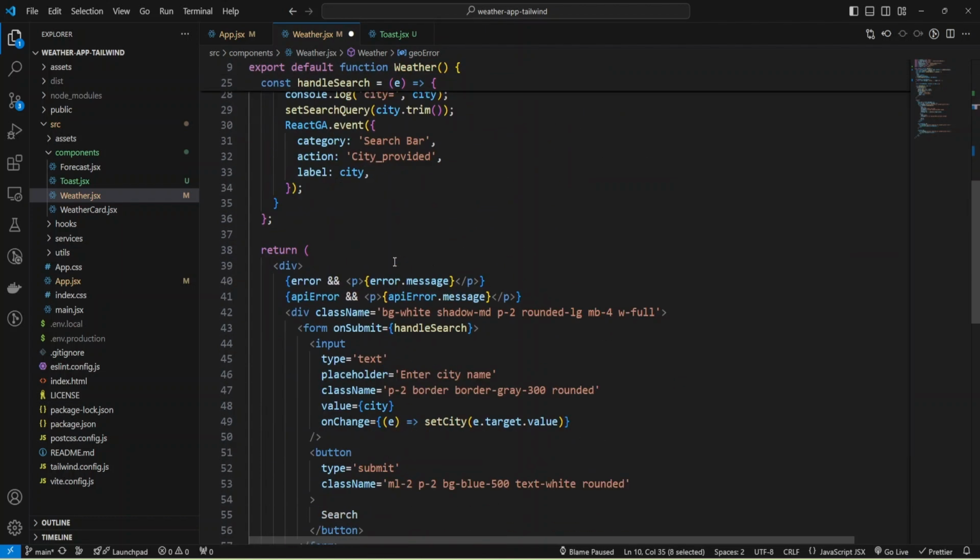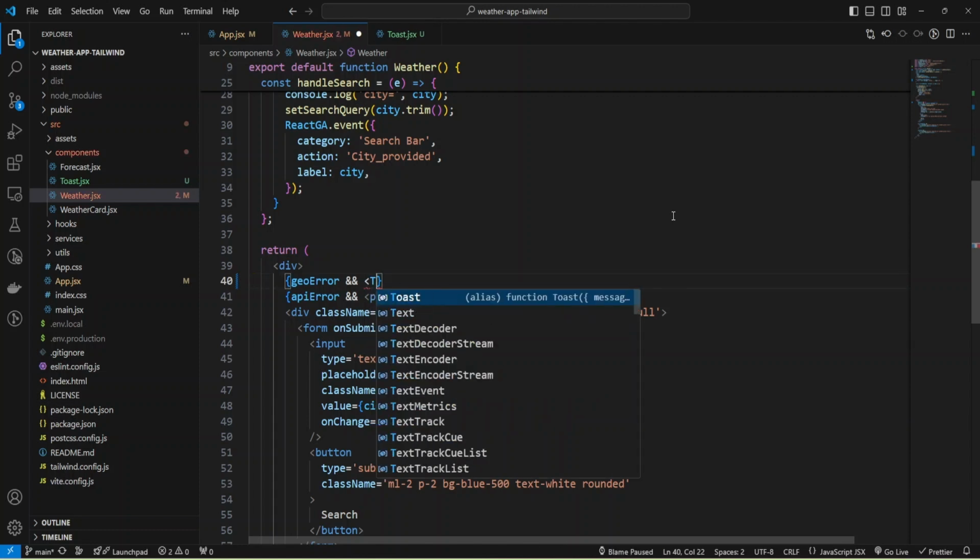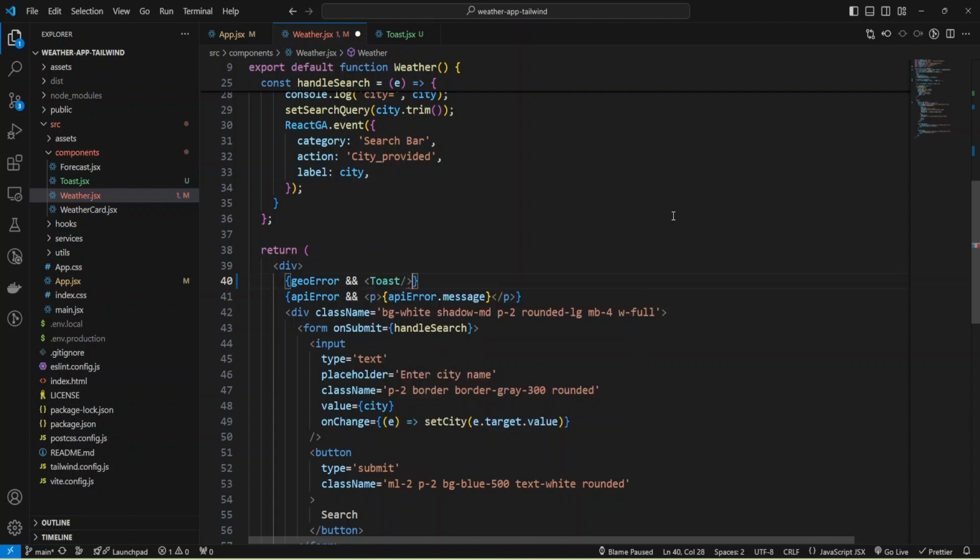And also here. And instead of a paragraph, I'm going to use my component and provide message. As message, I'll use the error message, and it will be type warning.